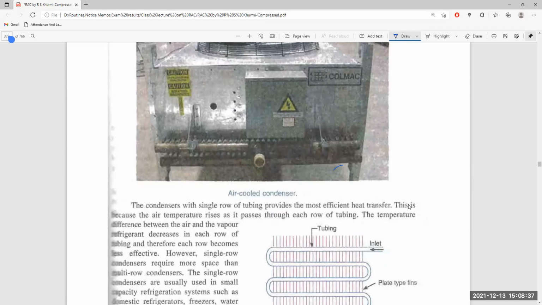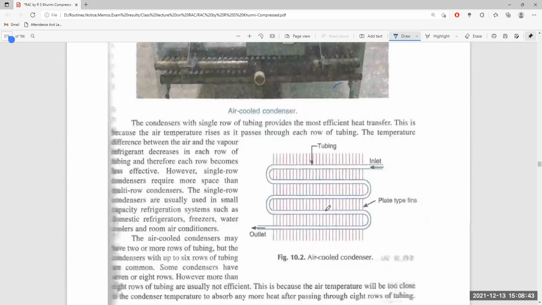The single row condenser is usually used in small refrigerating capacity systems, such as domestic refrigerators, freezers, water coolers, and room air conditioners. So there can be a single row, and there can be multiple rows. The single row is always desired because it can make a higher amount of